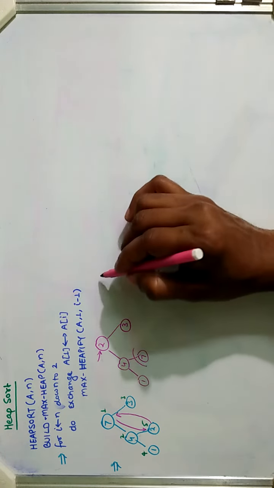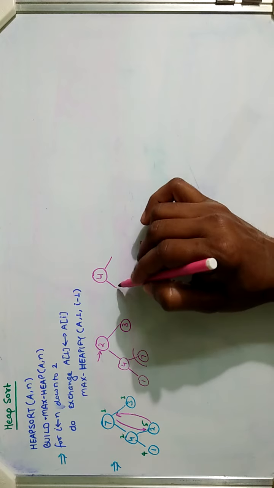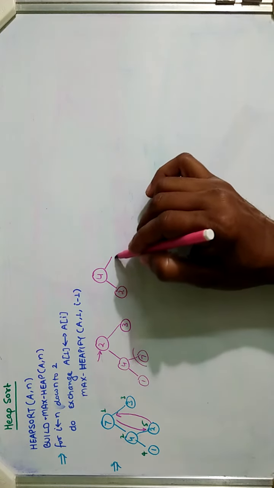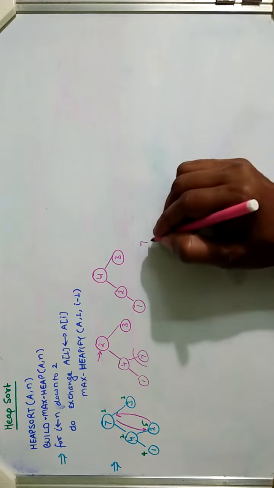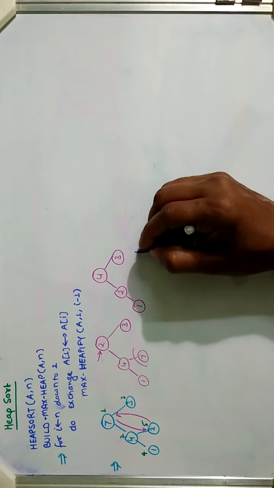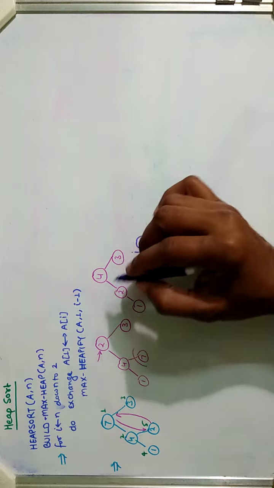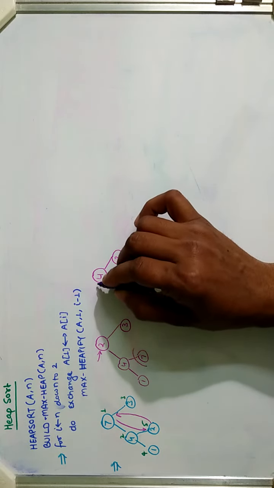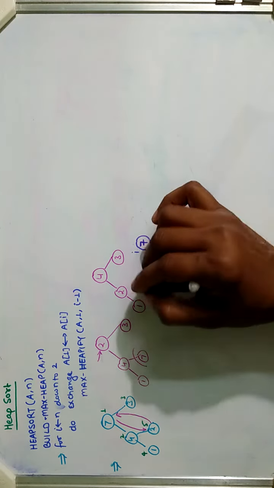This will convert the whole tree into a max heap. The outcome of the heapify procedure is that it converts the root node to the maximum value, and here it is 4. And 7 is at its right place. So let me write here, this 7 is at its right position now, and the heap size would be 4. Now, because I have called the heapify procedure, we again call the same for loop for the next iteration.